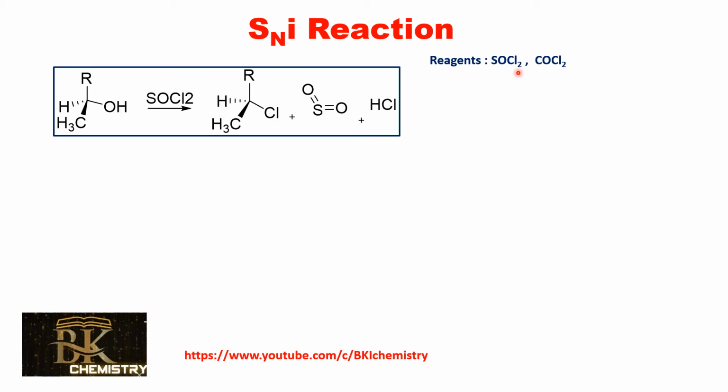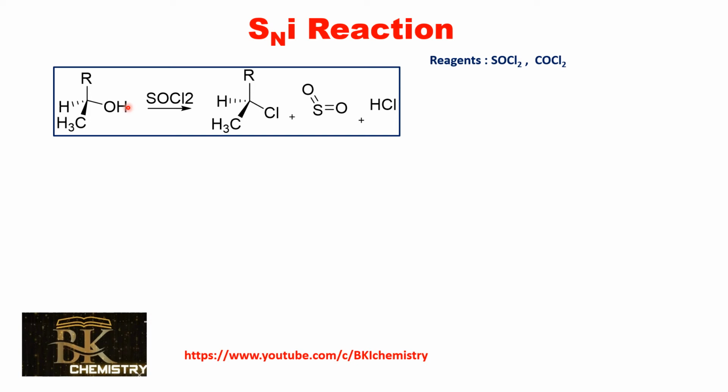In the first step, the alcohol reacts with thionyl chloride to form an alkyl halide. Already we have seen that alcohol is not a good leaving group. To convert this poor leaving group into a better leaving group, we have three methods. The first one is the concentrated acid method, which will produce a carbocation that will undergo carbocation rearrangement, followed by nucleophilic attack. The second one is alkyl tosylate and alkyl mesylate, which also will undergo carbocation formation, then rearrangements. The third one is PBr3.